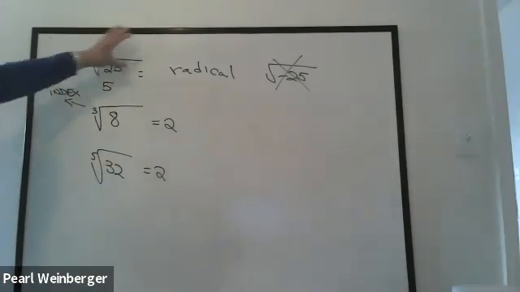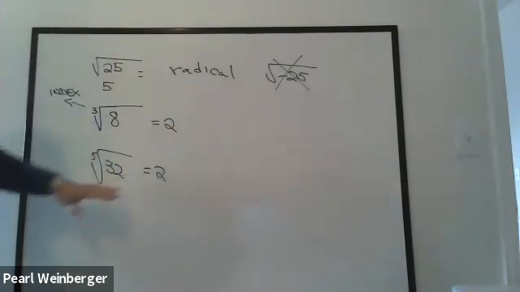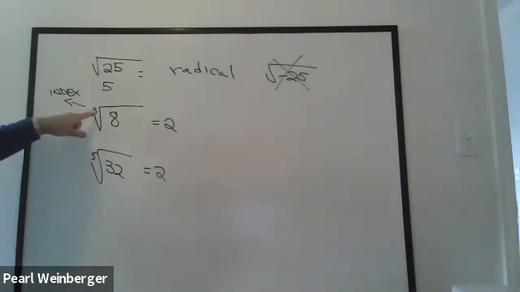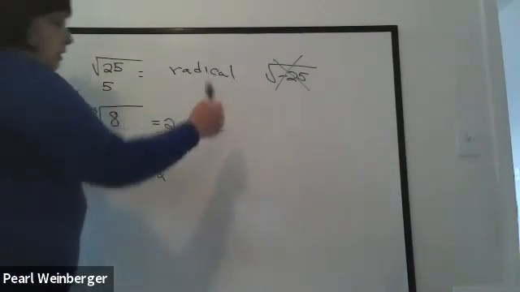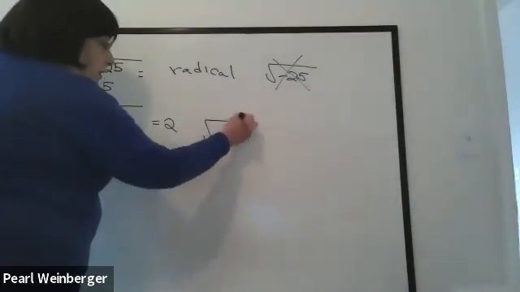So this radical sign is a pretty interesting sign, because you can indicate so many different things. Again, the number inside that check mark is the index. When there's no number, it's understood to be 2. It means it's just a regular square root. What's interesting is that if I have something like this,